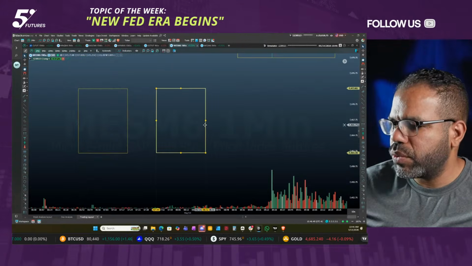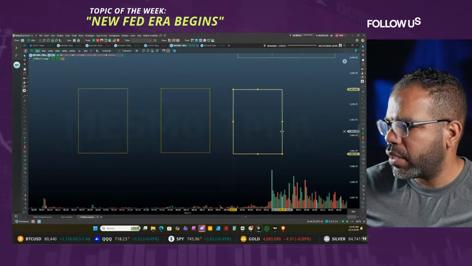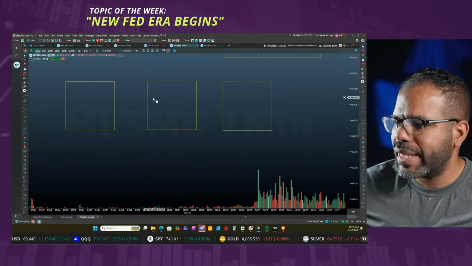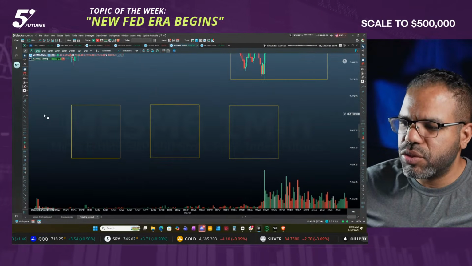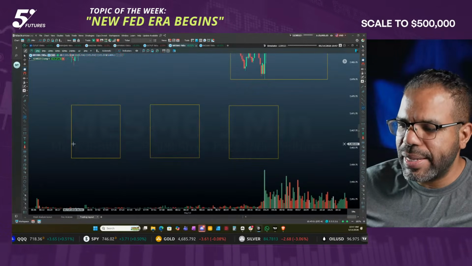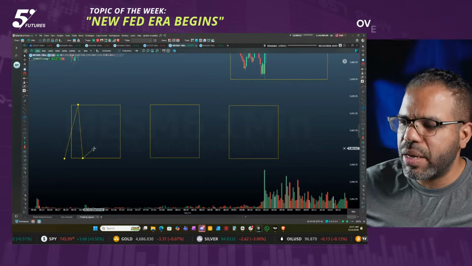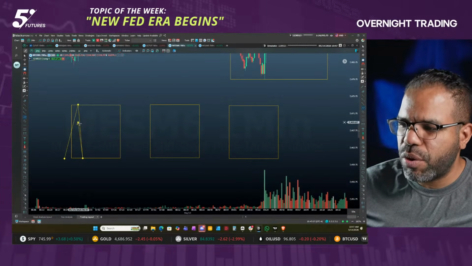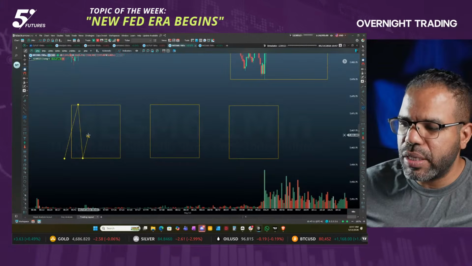I'm going to show you the easiest setups you could take on once you start trading, and they happen every day. So you're going to have at least 1 or 2 chances to trade this every day. You trade the ES, you wait for this to happen. You wait for the opening range to happen. So for price to form a range, you measure that range, and then you're looking for, if you're going long,